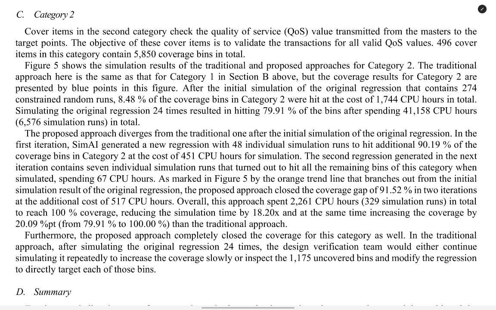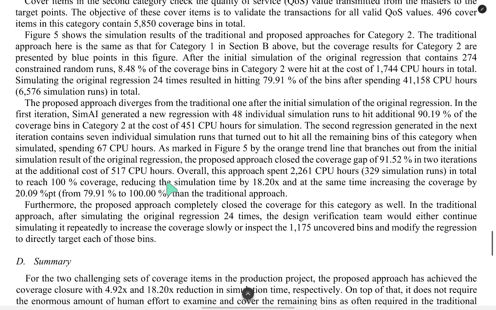As marked in Figure 5 by the orange trend line, the trend starts from the initial simulation result of the original regression. The proposed approach closed the coverage gap, 91.52%, in 2 iterations at the additional cost of 570 CPU hours. Overall, this approach spent 2,261 CPU hours and 329 simulation runs in total to reach 100% coverage,